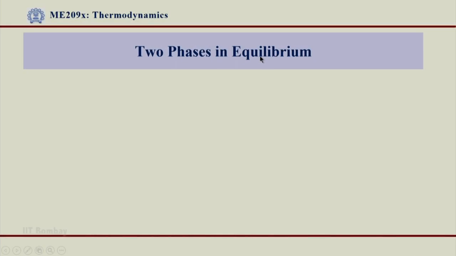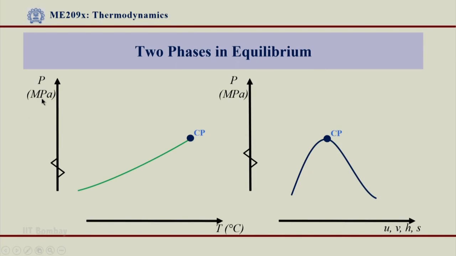So, welcome back. After seeing this process, the phase change process at constant pressure, two phases in equilibrium that we saw in a PV diagram, let us have knowledge about these two phases staying together in equilibrium, and for that let us refer to this PT diagram and PV diagram. So, again let us have a LV saturation line here,